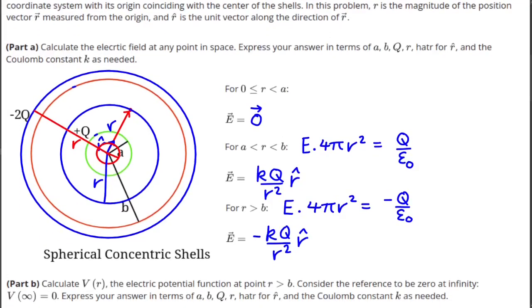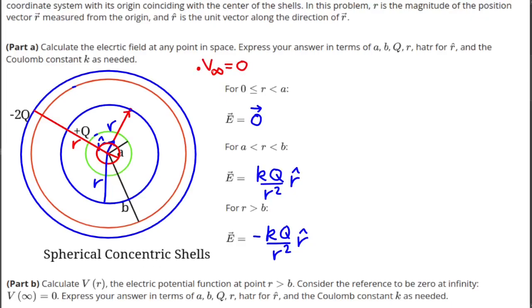And now let's do part B and get rid of these calculations. Calculate the electric potential function at a point r greater than b. We'll take the reference potential to be 0 at infinity. So if we take a charge and bring it to a point